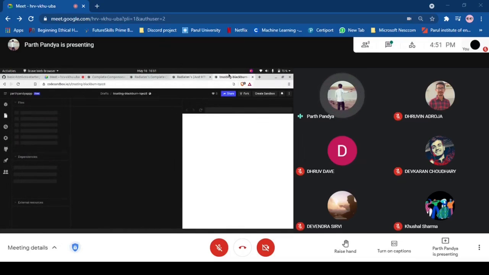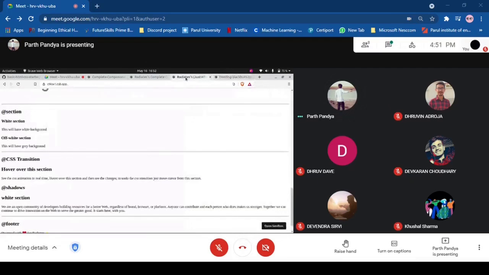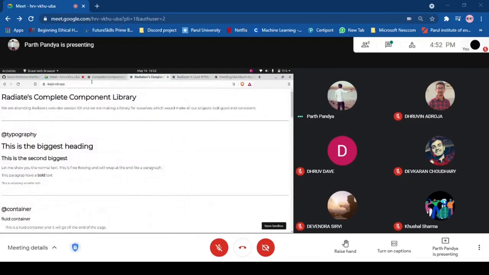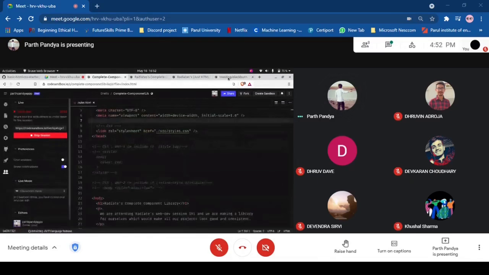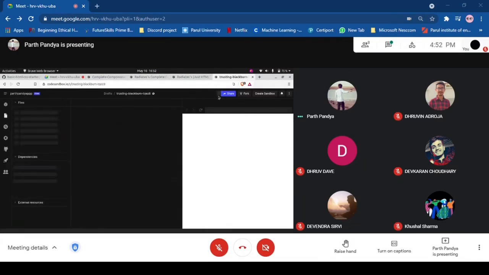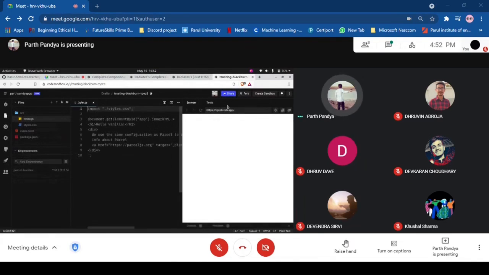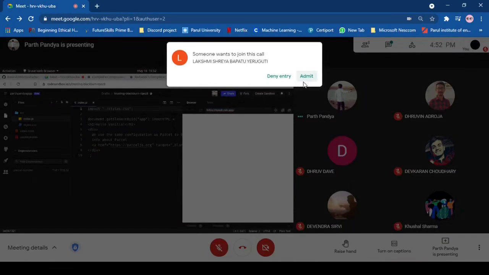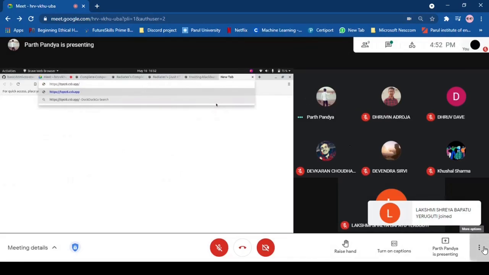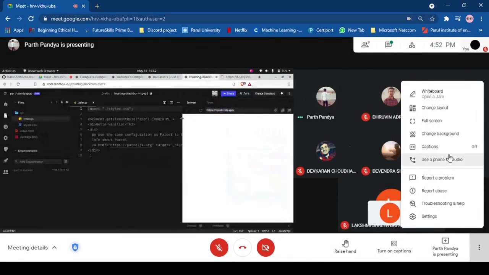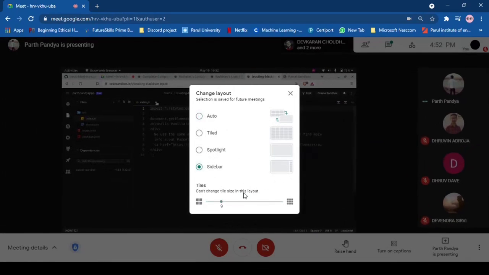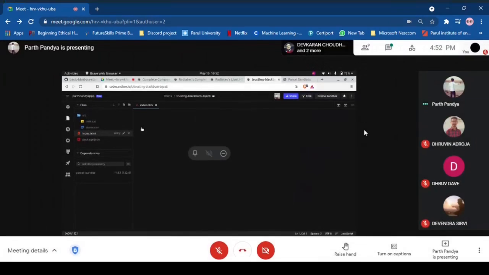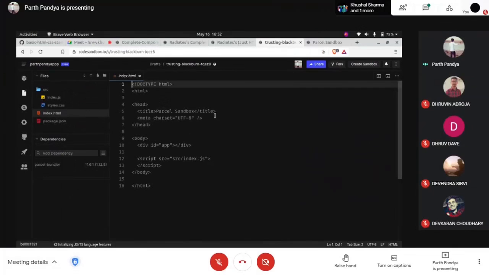So let me show you a simple structure you can follow. How to add CSS. Let's do this HTML part first.